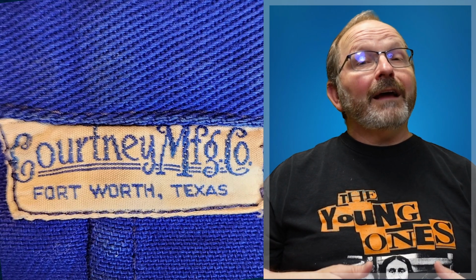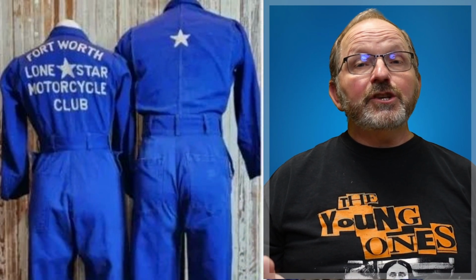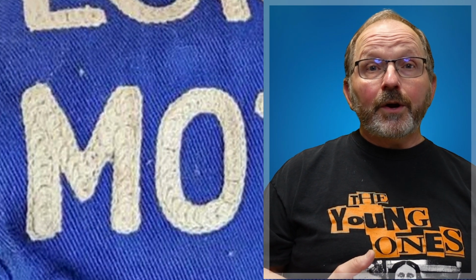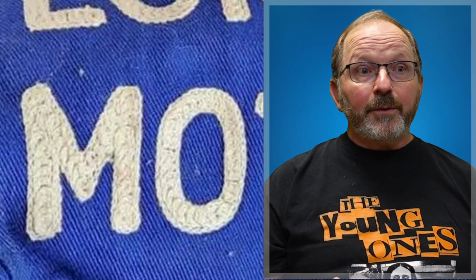When I flipped these coveralls on the back, they had chain stitch embroidery. And I'll try and zoom in so you can see exactly what chain stitch is. But chain stitch embroidery is an expensive type of embroidery. They still do it on things like FFA jackets, but it was much more popular way back in the day. So these coveralls ended up dating to the 1930s, and a pair of coveralls brought